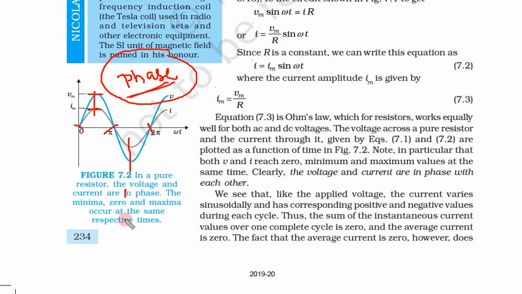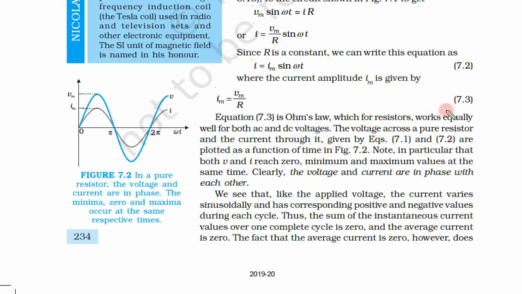What is phase? Suppose we have two waves like this. Suppose the first wave is going like this, and the second wave starts from this place. This difference is called phase. This phi difference, the additional difference, is called phase. But since these waves don't have any additional difference, they are called in phase waves, or we simply say current and voltage are in phase.